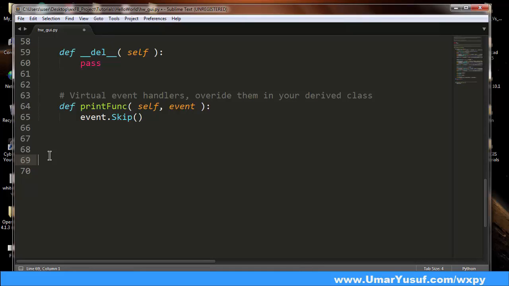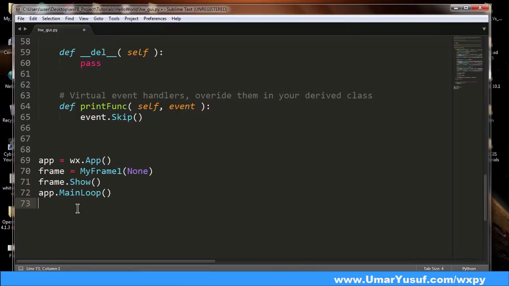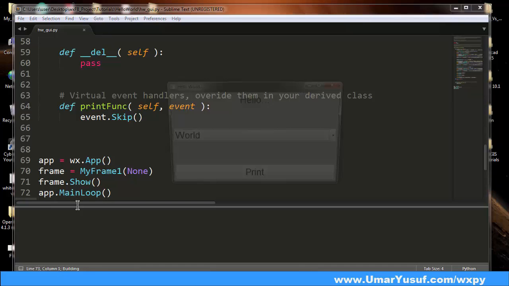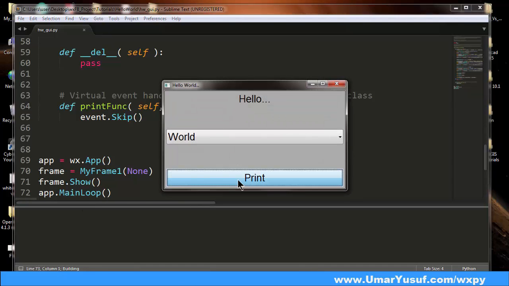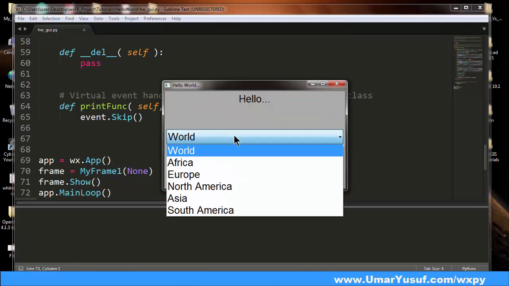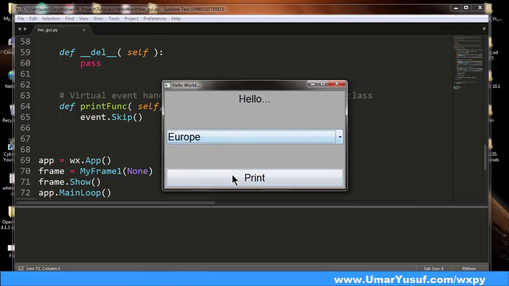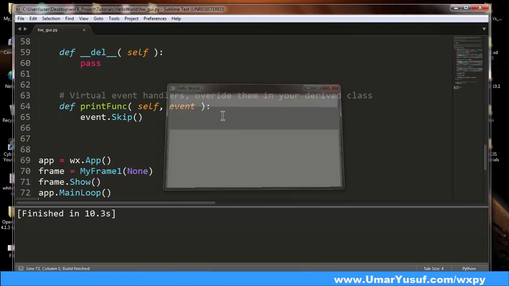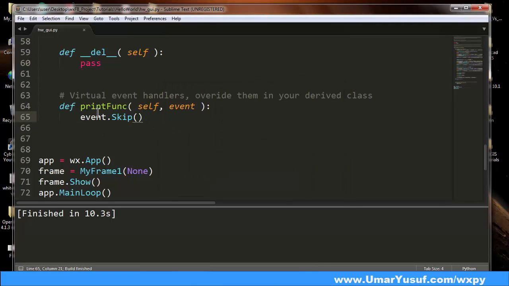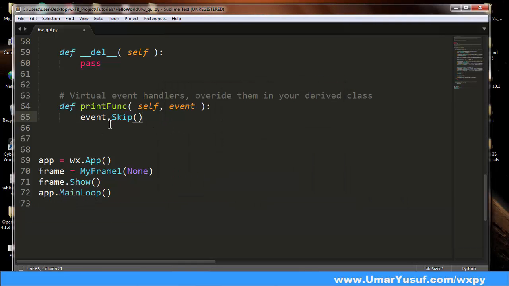So let's add the minimum code, then run the script. If I click on the button, up to now nothing happens. This is because we are yet to define what the function will execute. We have only defined the function. So here, instead of event skip, which is the equivalent of the pass statement in Python,